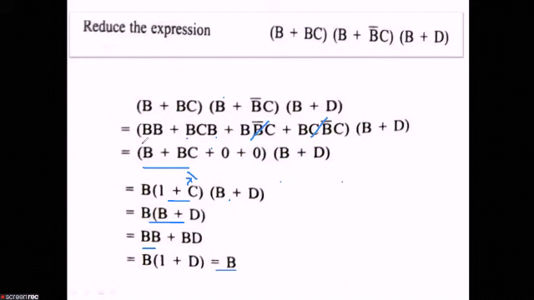So here again we have seen that we have applied some laws of Boolean expressions, and we have reduced the expression. This huge expression has come after reduction to just small b, which is a reduction of the hardware. You will need only one input, that is only b. Next, going to the next slide.